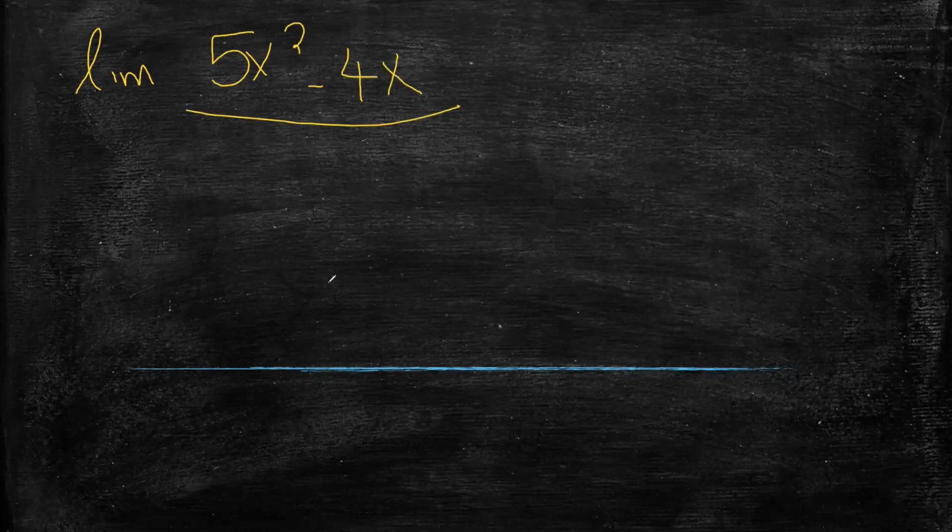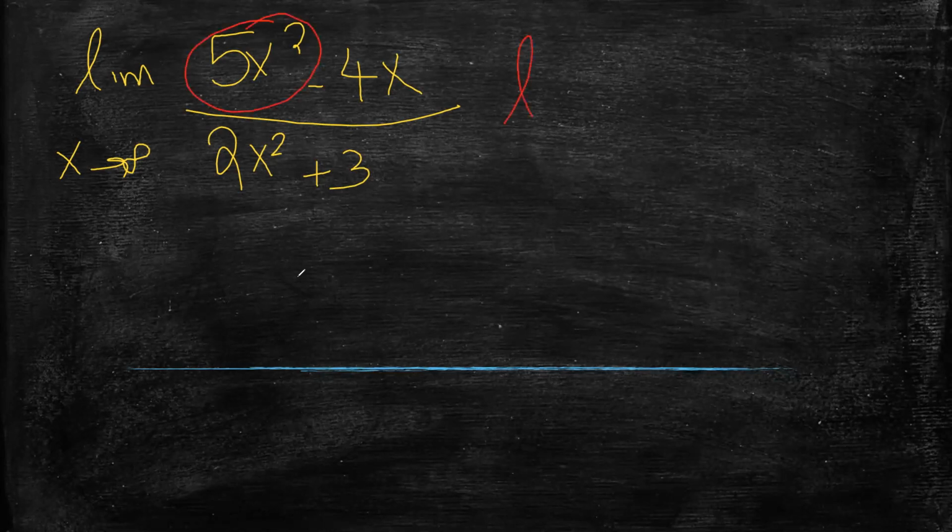If you have the limit of five x squared minus 4x over 2x squared plus 3 when x approaches infinity. Now, the first step, I told you, if you have a rational expression, you have to look at the highest degree in the numerator. What is the highest degree here? 5x squared. So I say limit 5x squared over